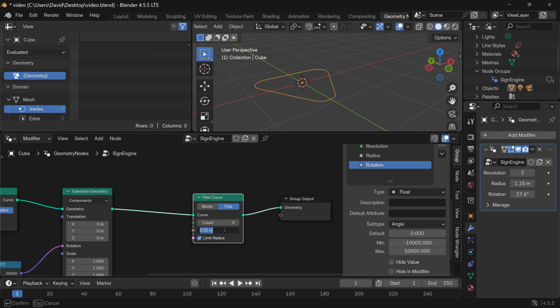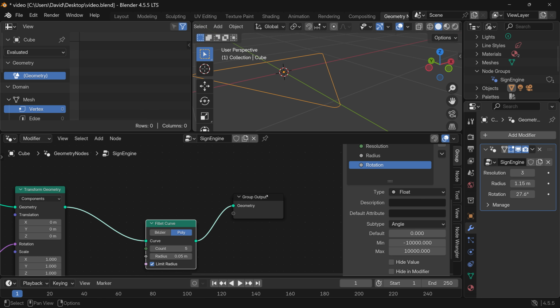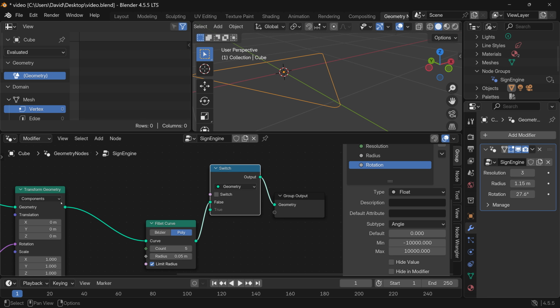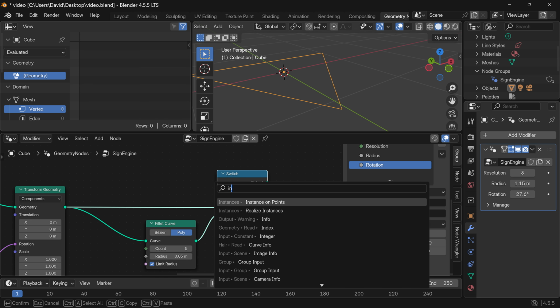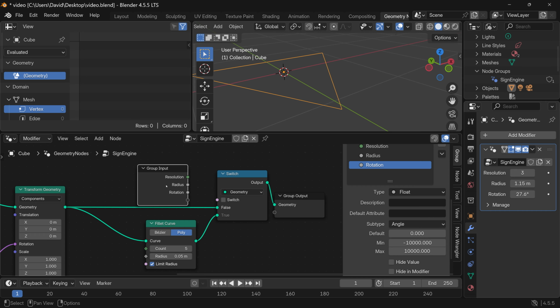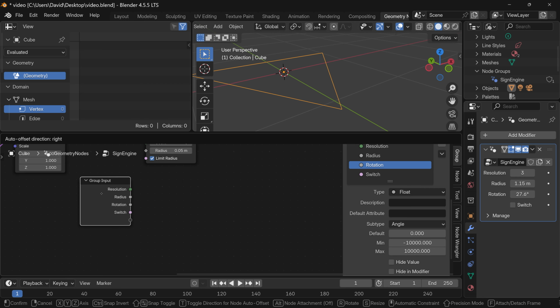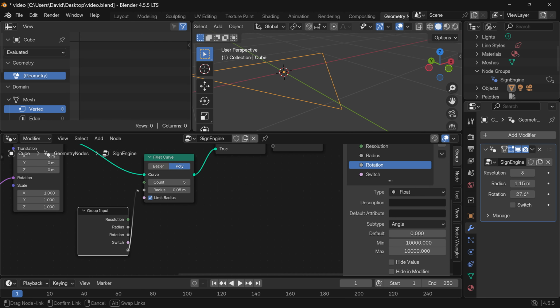Let's add 5 and 5 centimeters, and now this is what I want. However, I want the user to be able to control this, and for this we will use a switch to activate and deactivate this. So just like this, group input. And let's also bring this here so I can control